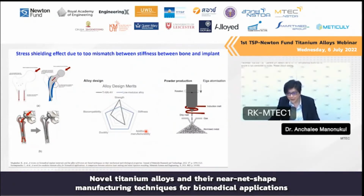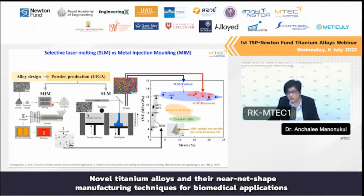So I will skip the introduction because Roger already talked about this, the alloy design part. The conclusion of that part is we published the paper together. So mainly for the MIM, we have several issues,